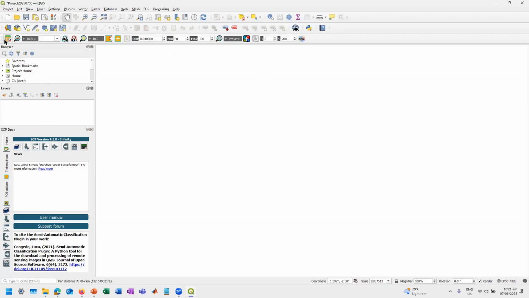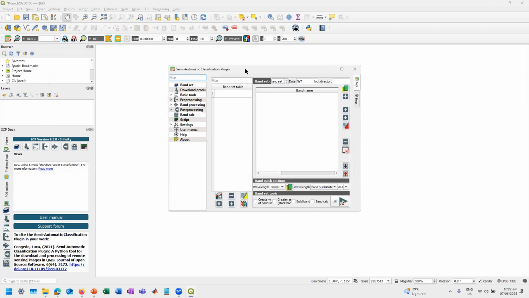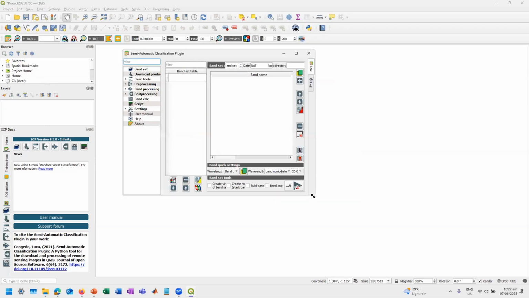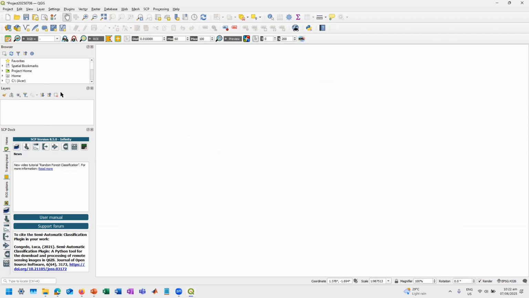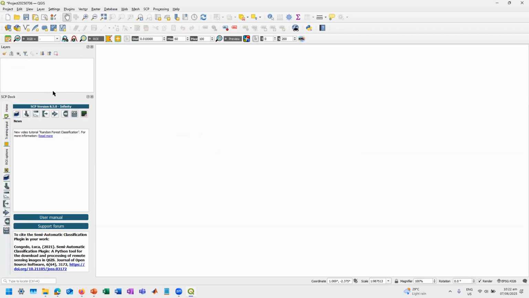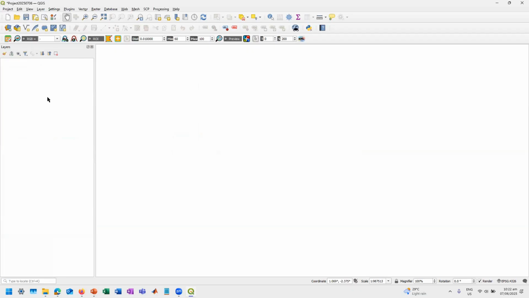Okay. So let's open this semi-classification plugin. Okay. Can you see it right now? Okay. Before that pala, let's close the browser na. Close muna natin ito. Let's drag our data.